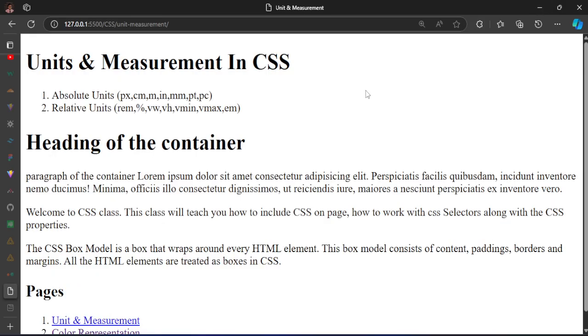All right, so we're going to continue from where we stopped. Today we're going to be starting with units and measurements in CSS, because